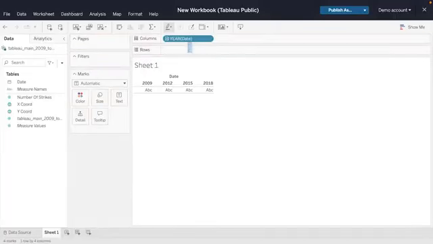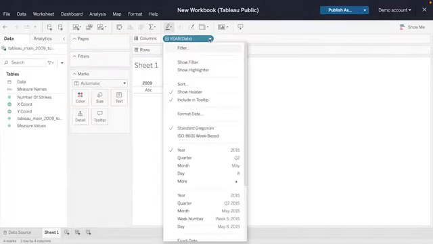Next, let's begin our visualization by plotting a line graph. Line graphs are useful for presenting time series data or tracking changes in data values over different periods of time. To start, drag date into the column field. In the pop-up that displays, you can select different segments of time. Select year for this chart.